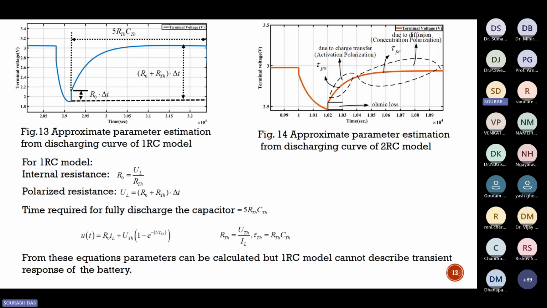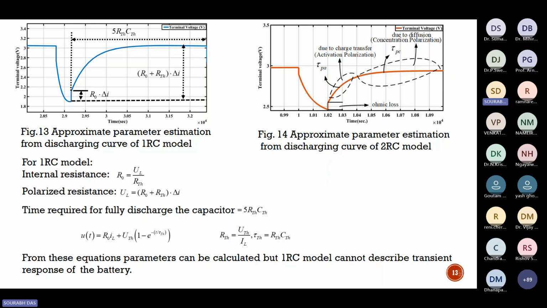Where we have discussed that static polarization is the instantaneous voltage drop of the battery. So, if we know the current difference of the pulse, then we can calculate the R naught or internal resistance of the battery. And if we do the steady state analysis, then we can get the value of the RTH